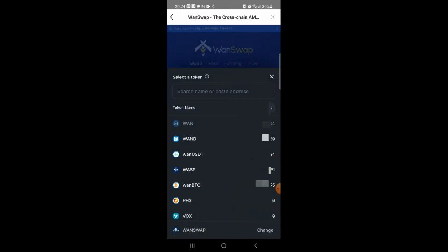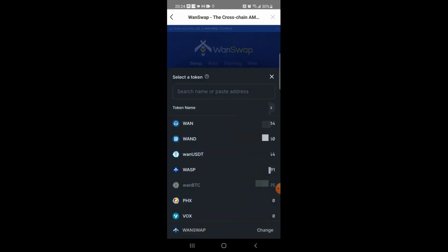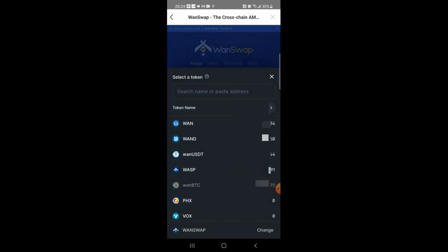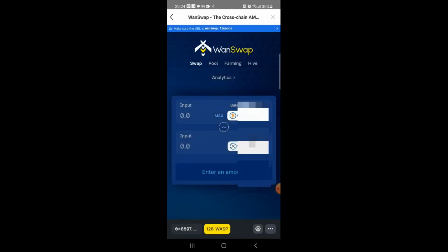Next, we're going to select the from, which is wanBTC, and convert it to what's called wanXRP, which is XRP that is wrapped and residing and operating on the WAN chain blockchain. So we're going to hit max here,